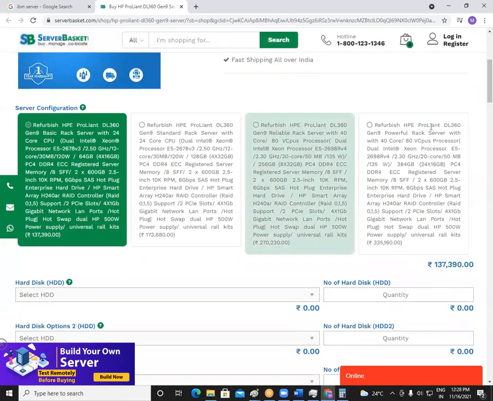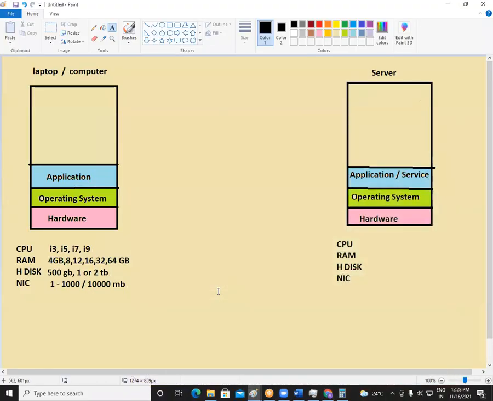Okay, so these are the two things here, friends, computer and server. So I hope you know some basics now, basics of computer hardware. These are the 4 components we need to see: CPU, RAM, hard disk, and NIC. And in every component, there are certain things we need to see to decide whether it is good or whether it is sufficient or not sufficient. Okay, so if it is not sufficient, we should not take it. If it is sufficient, we have to take it. But if your requirement is more, then we have to take the high configuration machine. If the requirement is less, we have to take the low configuration machine.